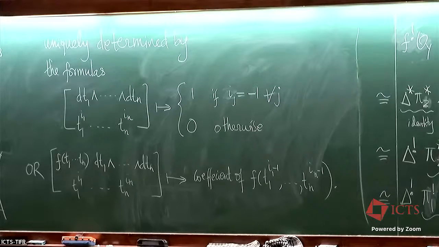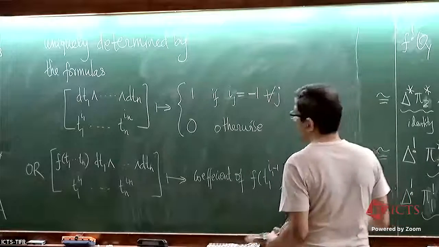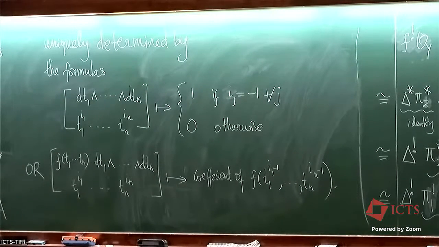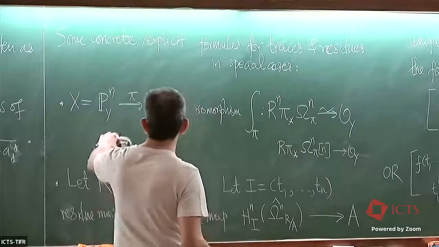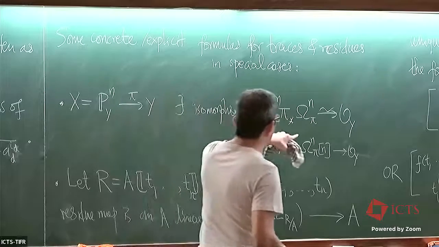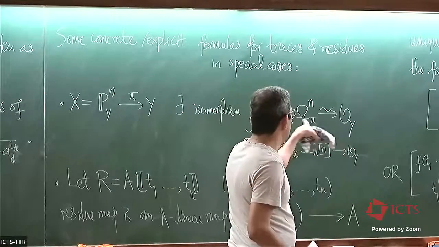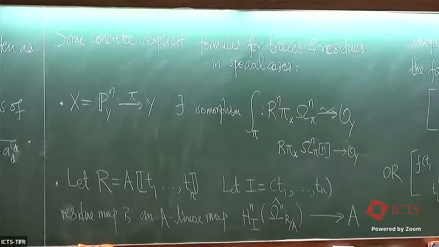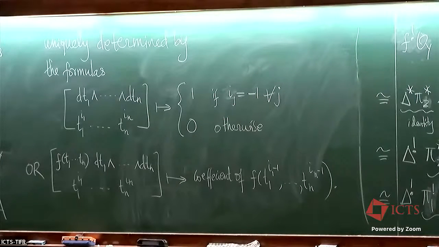Okay, so with this, this is some concrete calculation. We have not brought the abstract theory into picture here. We could have done this in the beginning. Even without knowing what is Grothendieck duality, this is something very explicit, and we can set up this isomorphism, and we can set up this map here. But what is the relevance to duality is that duality is predicting that there's a trace